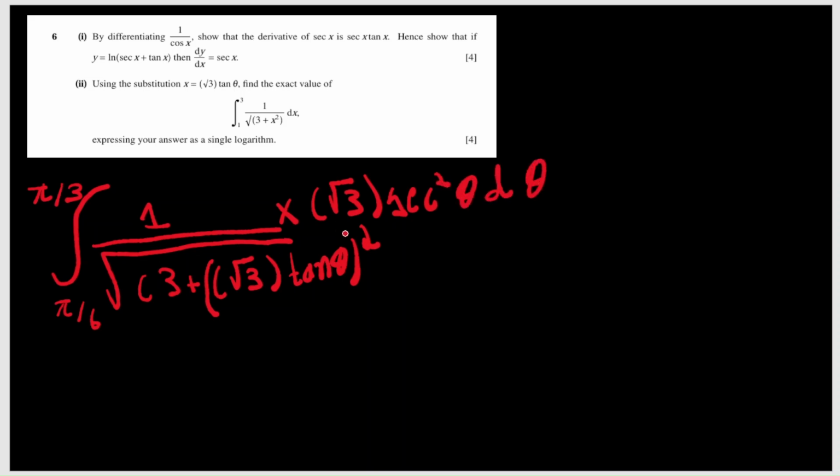What we see over here is that this square and this root 3 are going to get cancelled. So what we're going to get